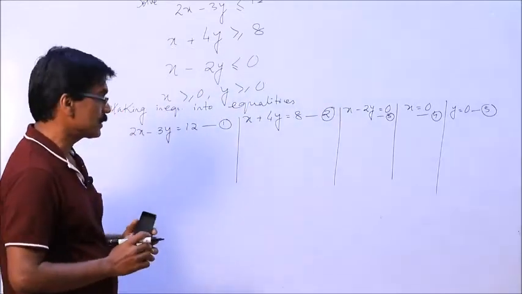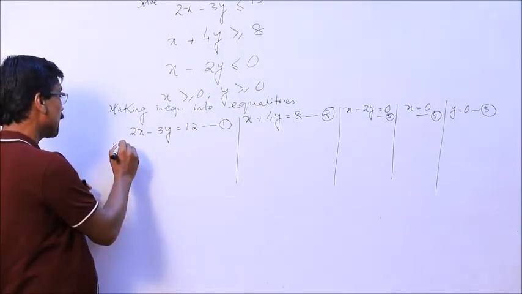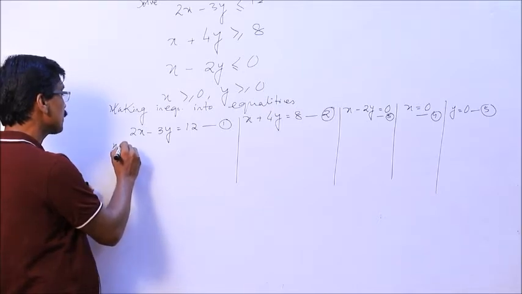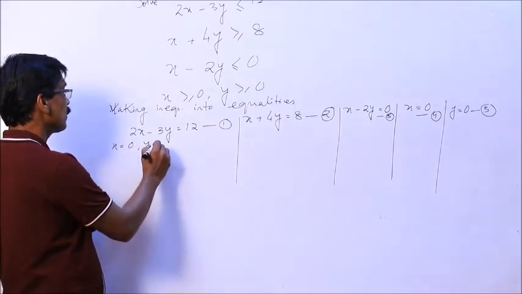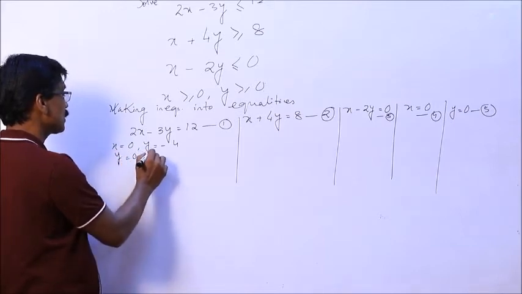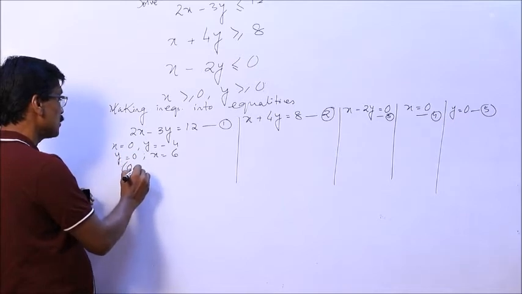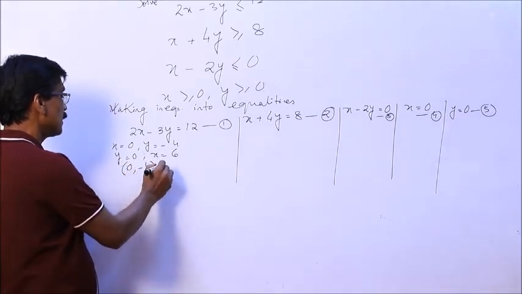So, we have 5 equations, and here x is equal to 0, y is equal to minus 4, and y is equal to 0, x is equal to 6. So, the points are 0, minus 4 and 6, 0